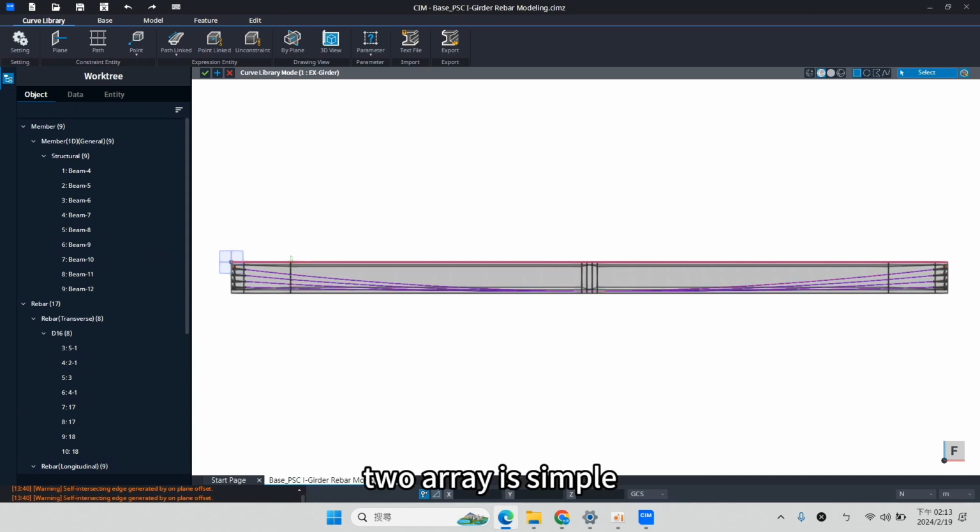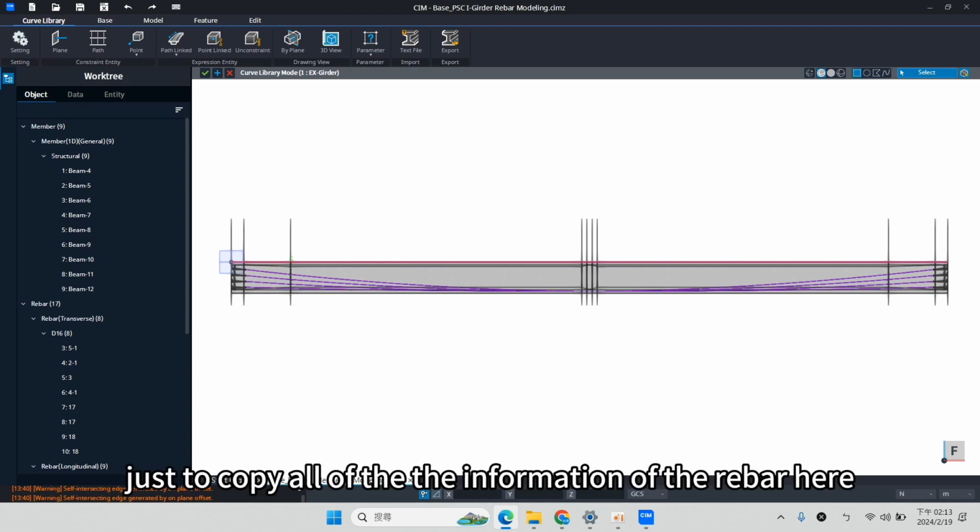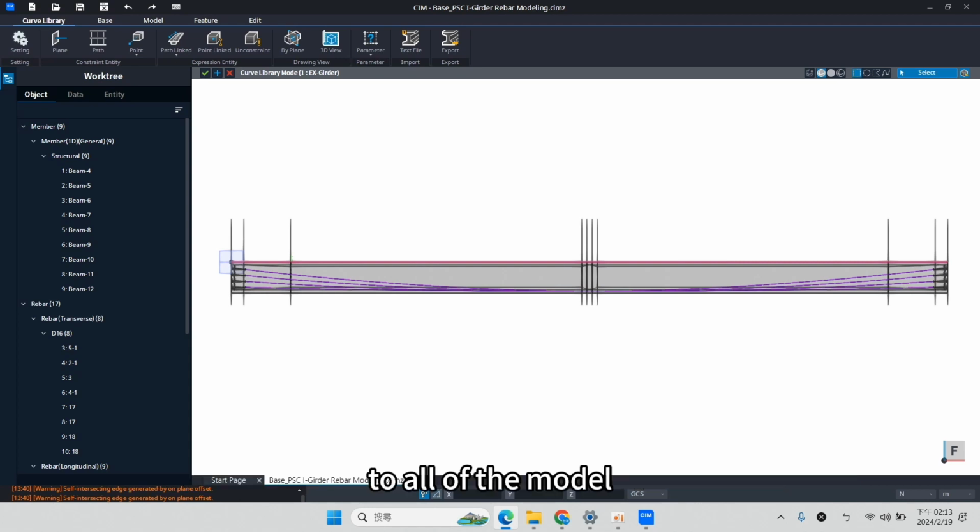To array is simple. It is basically just to copy all of the information of the rebar here to all of the model.